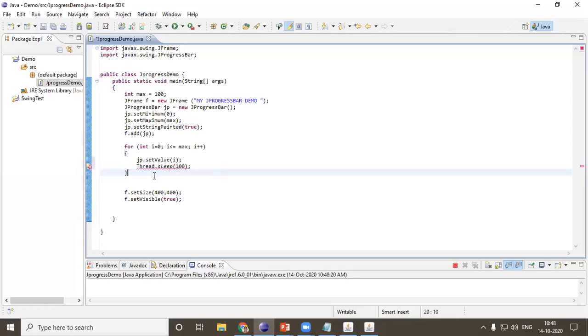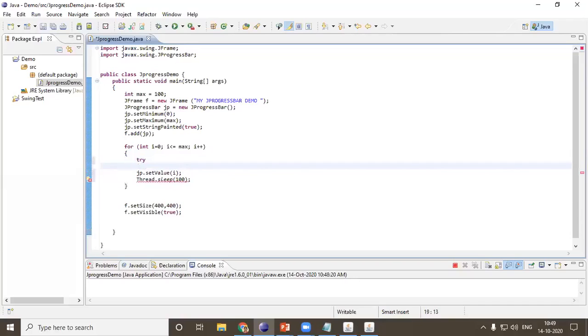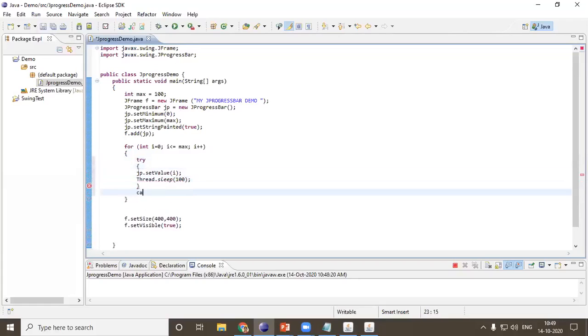I'm getting an error. I'll have to put it in a try catch because I'm having this sleep over here, since I'm using the thread. Try, catch exception e.